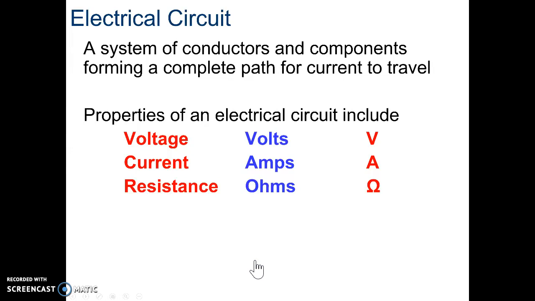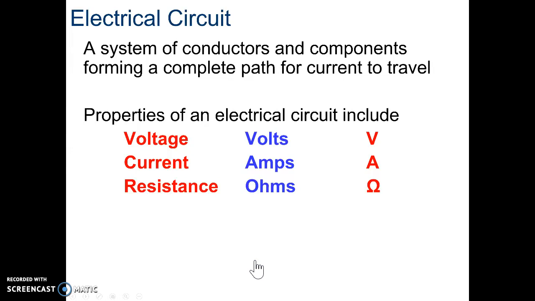Electrical circuits. We're going to have some abbreviations when we're breaking down the formulas for electrical circuits. A circuit is a system of conductors and components forming a complete path for the current to travel. You've been using circuits since you were little. Every time you flip a light switch, you close the circuit and make that